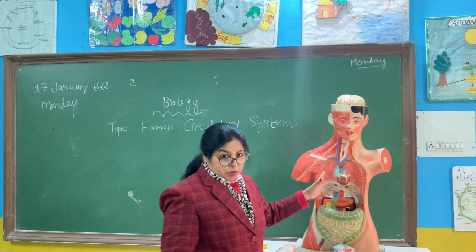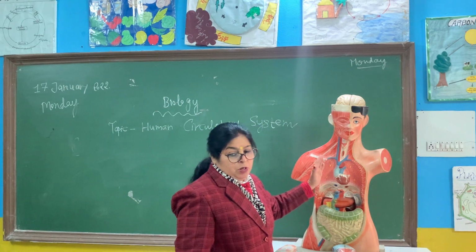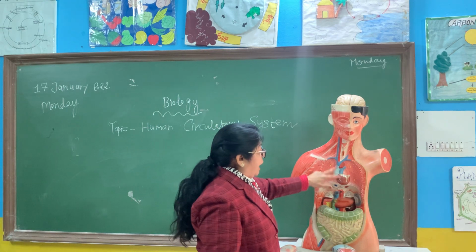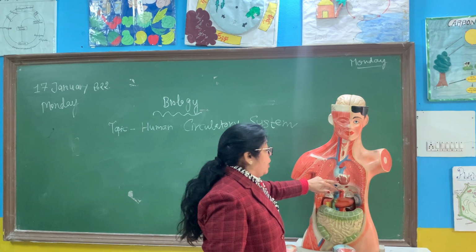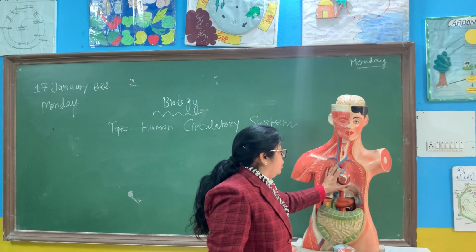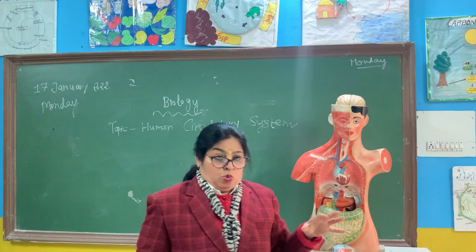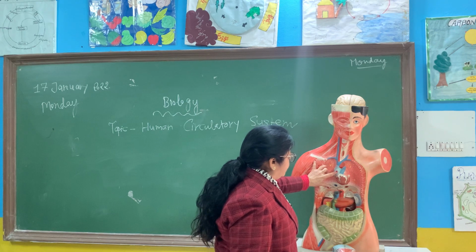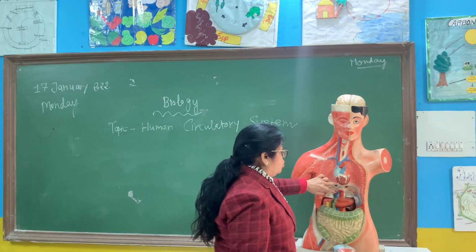From all parts of the body, the blood comes into the heart through the blood vessel named the vein. It comes into the right atrium. Then there is a bicuspid valve through which the blood goes into the right ventricle. So it is a muscular organ because the blood flows into the heart with a great flow. So there is a bicuspid valve. When the blood comes into the right atrium, the bicuspid valve opens and blood flows into the